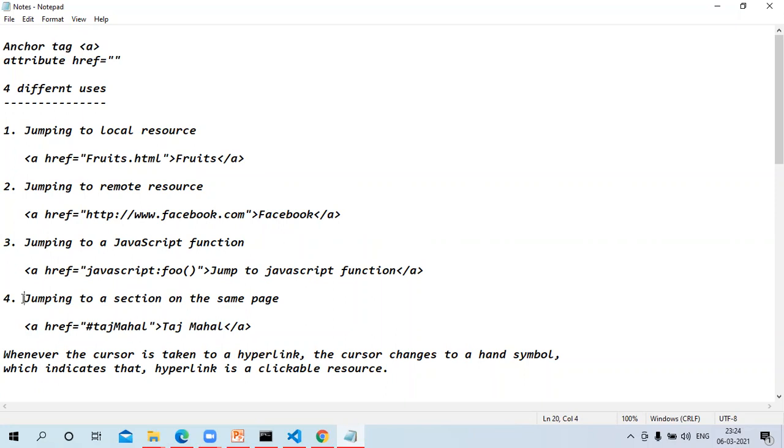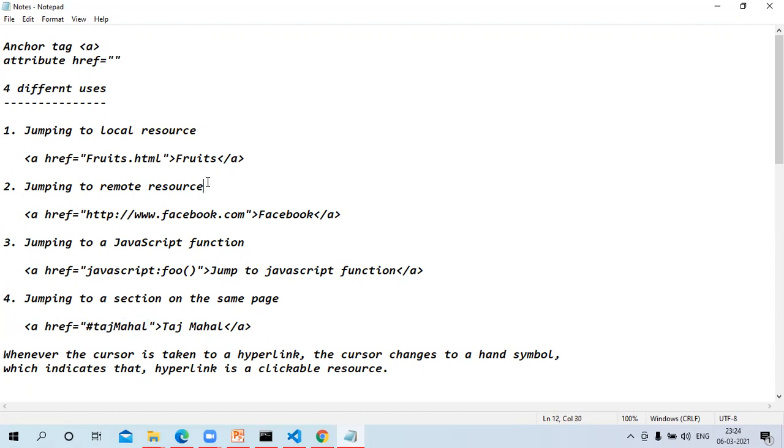Instead of that, you can mark a particular tag by using an ID, and then you can directly jump to that ID. So this is what I have shown here. This #TajMahal I have written. That means you go to a tag which has an ID of TajMahal.